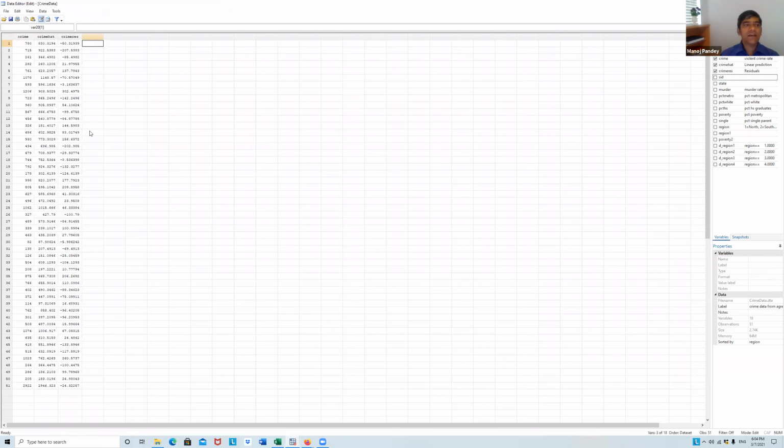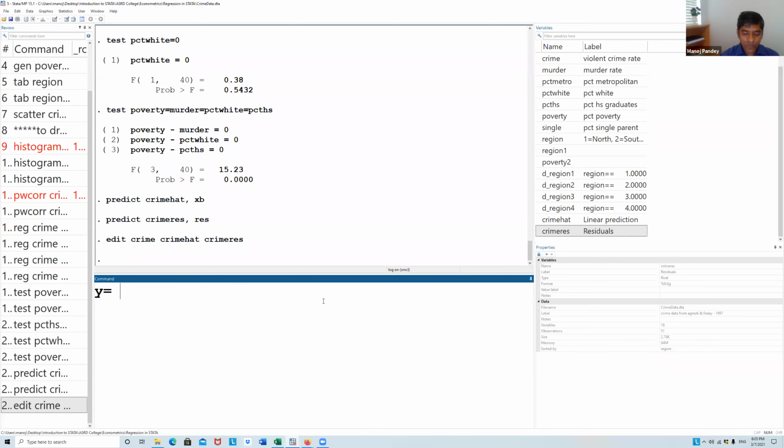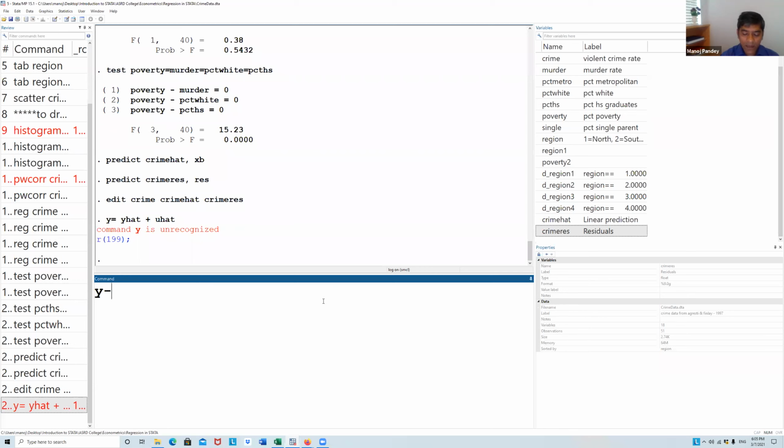Crime, which is y, crime hat, which is y hat, and crime residual is u hat. So if you add these two, y hat and u hat, you should get y, because you know the relationship y equal to y hat plus u hat. In other words, u hat is y minus y hat.